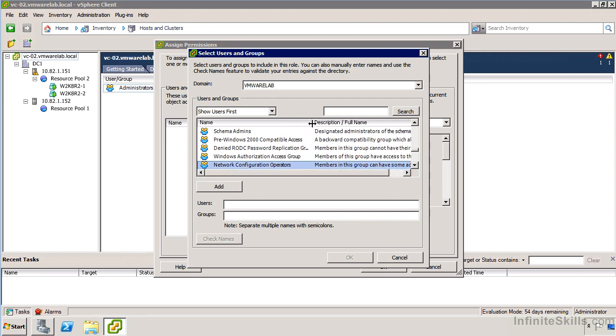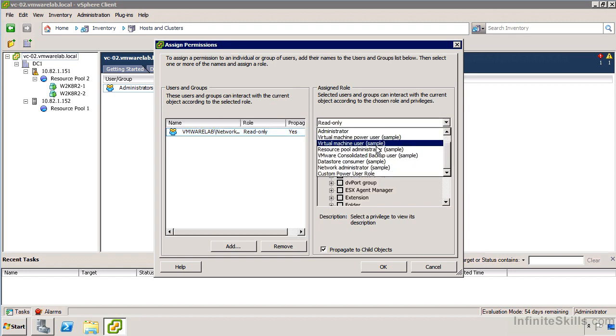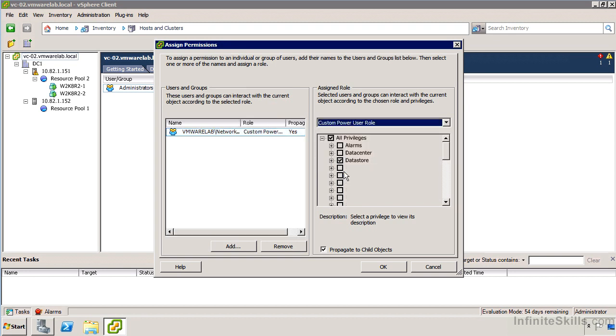So anyone who's in the network configuration operators group in Windows, and I probably would go create some custom group just for this purpose or for a collection of virtual machines or for a particular data center or a particular resource pool or whatever it is that we're trying to scope to and trying to control. In this case, I'll just use a group that already exists. So if this Windows group has anyone in it, then I'm going to grant them the custom power user role. In this case, at the root of vCenter, so effectively on every object, at least every object where inheritance hasn't